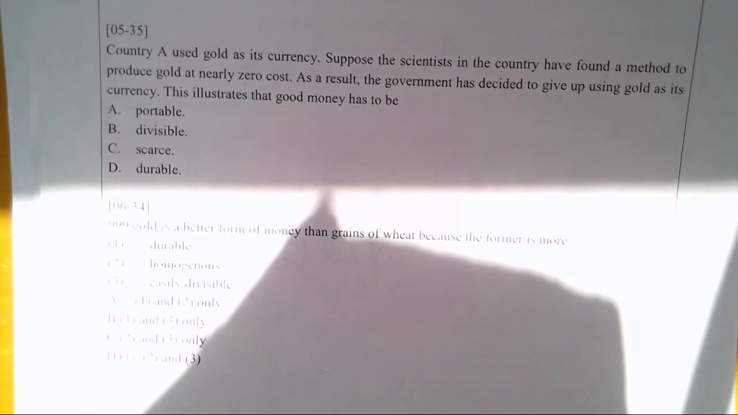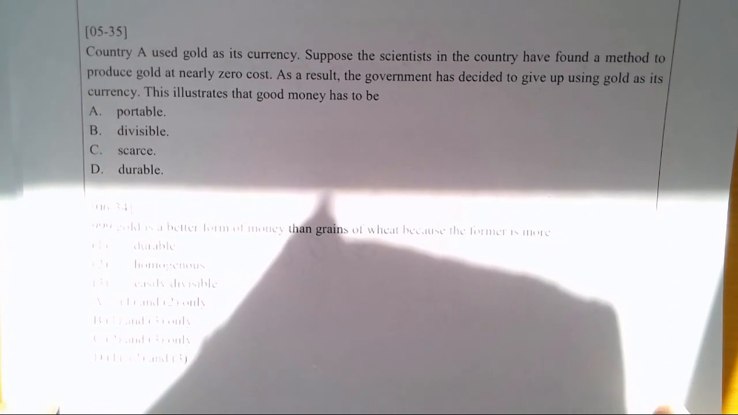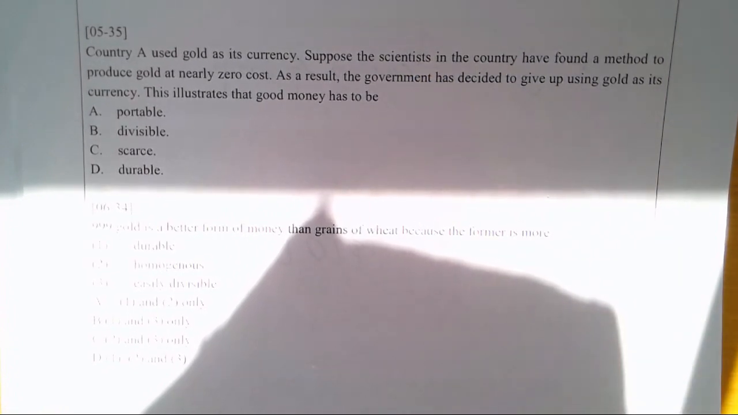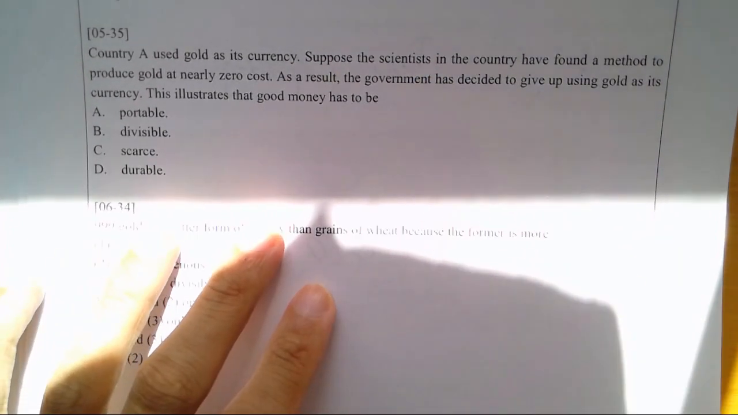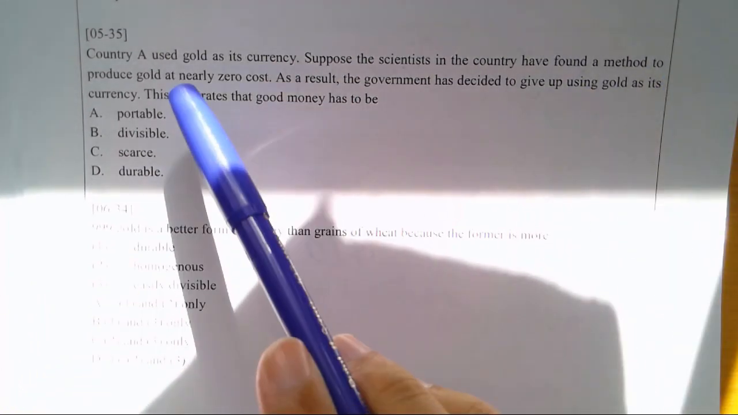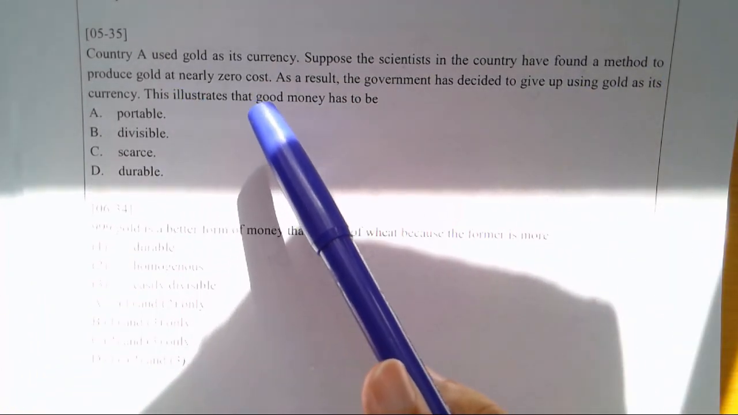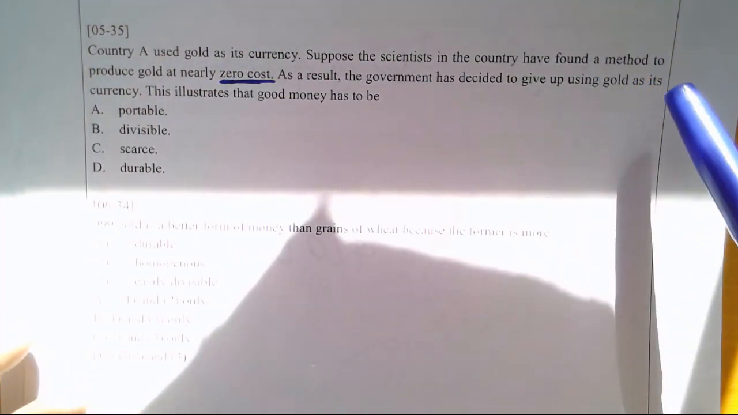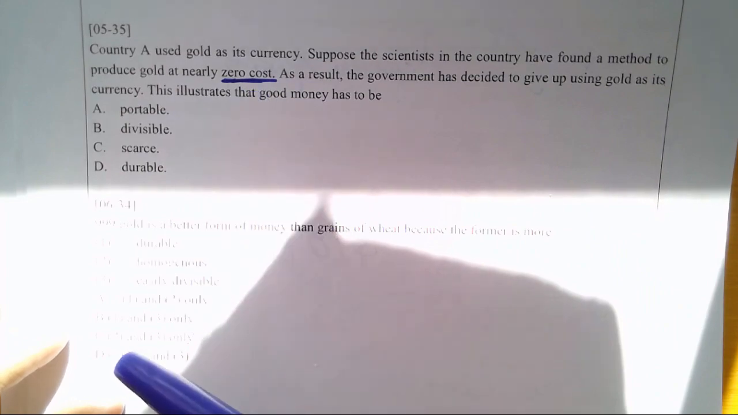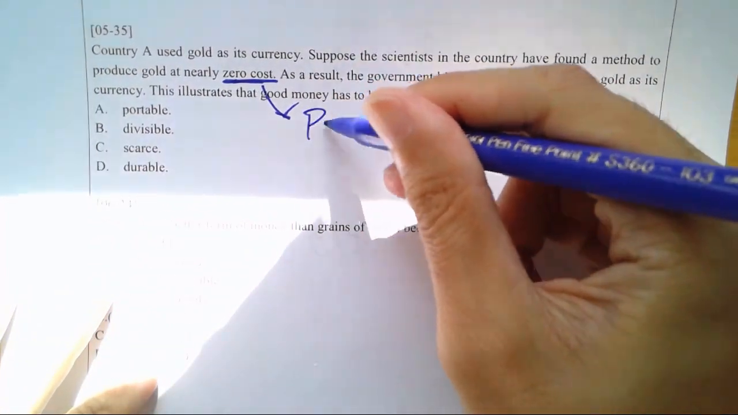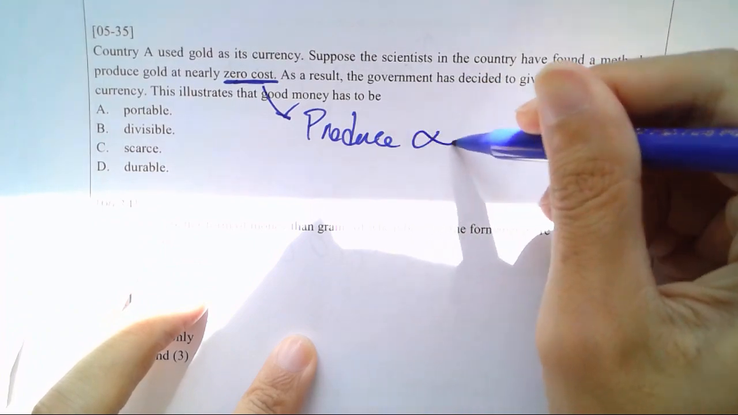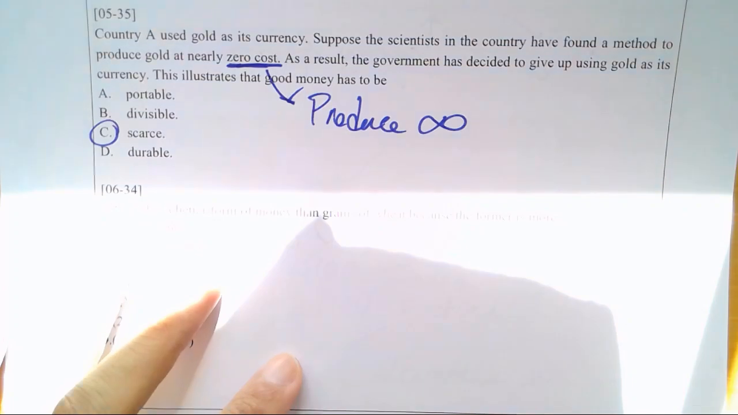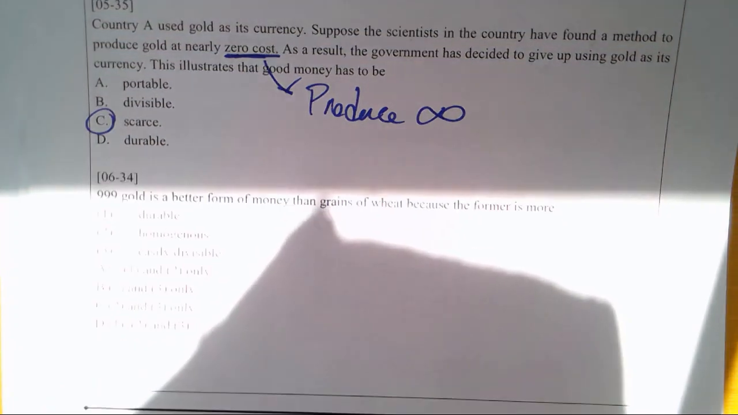Now next one. Country A uses gold as its currency. Now suppose the scientists in the country have found a method to produce gold at nearly zero cost. Zero cost. 嗱係咪突然間零成本啦？Government will give up. Now when it is zero cost, you can produce infinitely. When something becomes infinite, it will not be scarce. Okay, 得唔得啊？